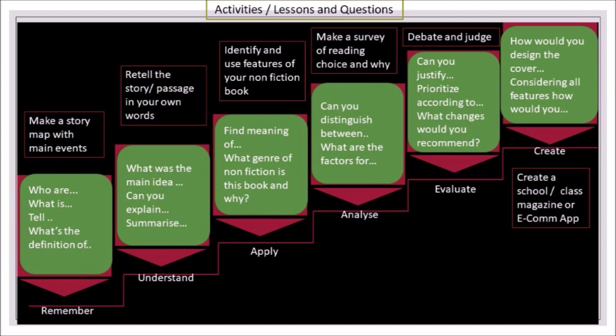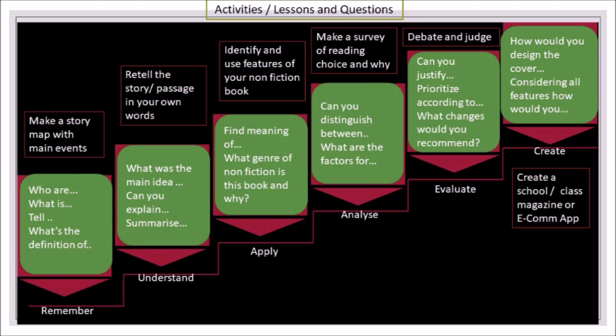For analytical skills, we may ask them to make a survey of reading choices of students and school staff. Students learn survey techniques. One group of say class 7 survey students of class 8. Next group takes a survey of teachers or admin staff. Students present their findings with analysis, statistics, graphs, and charts.